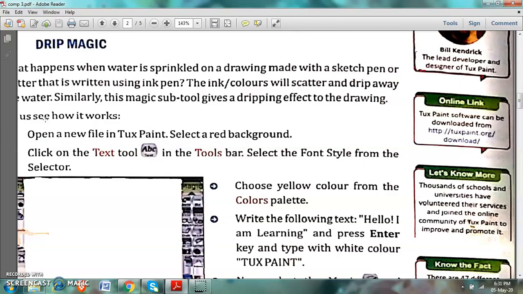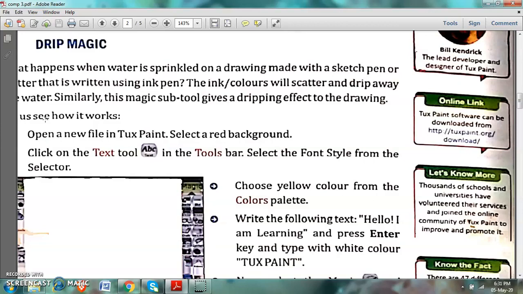See what happens when water is sprinkled on a drawing made with a sketch pen, or something written using an ink pen. See, if you have drawn something or written something with an ink pen and I just move my wet hand on the page, what will happen?